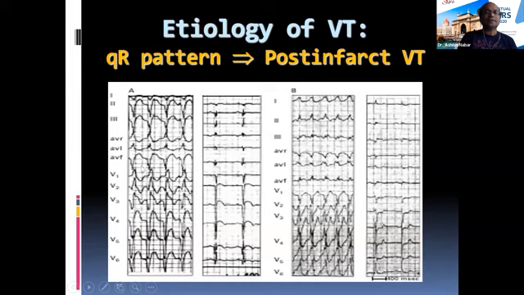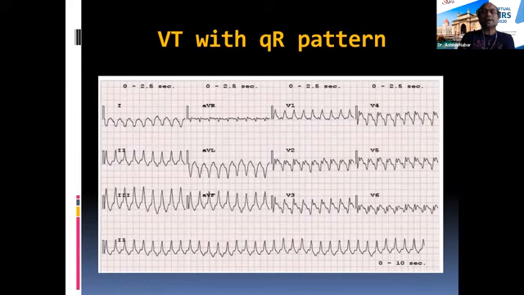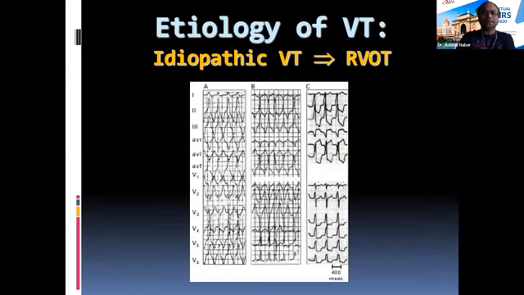Now, once again, see here, this is a QR pattern in V1, V2, V3 in a wide QRS tachycardia of RBBB morphology. And again, this is a VT in the presence of an anterior wall infarct. If you look at this, you have a QR pattern in 2, 3, aVF in an LBBB kind of QRS tachycardia. So this VT happened in the setting of an old inferior wall infarct. The moment this patient comes to sinus rhythm, you can read the QRS and confirm the infarct location. So once again here there is a VT with a QR pattern in V1, V2, V3, V4, and you can identify this as a VT in the setting of an old anterior wall infarct. So you can even decipher the etiology of the VT.